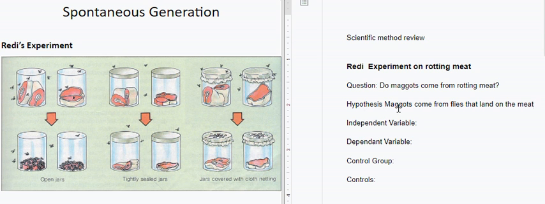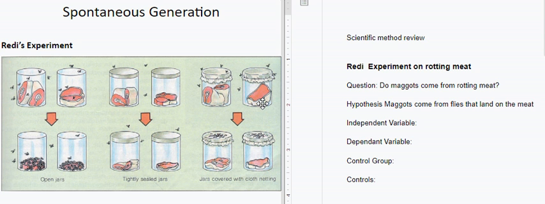Well, how is he going to test this? He tested this experiment by setting up a series of glass jars with rotting meat in them. 2 of the jars were left open. 2 jars were sealed, and 2 jars had some gauze over the top. Gauze is just a fabric with holes in it so that flies would be able to smell the rotting meat there. And so he put these different jars in the same location